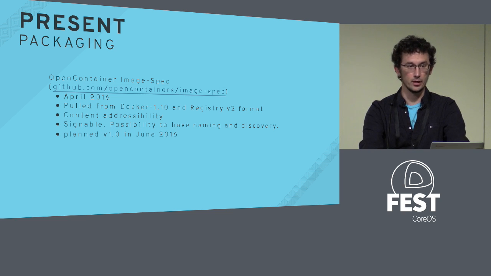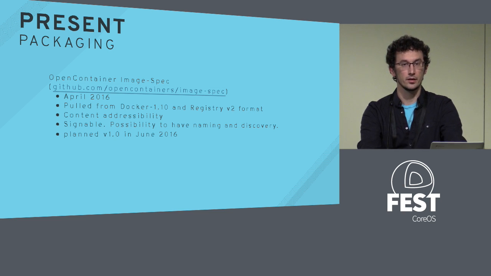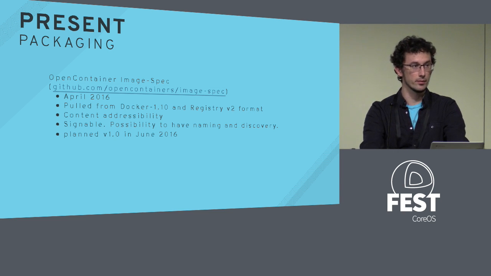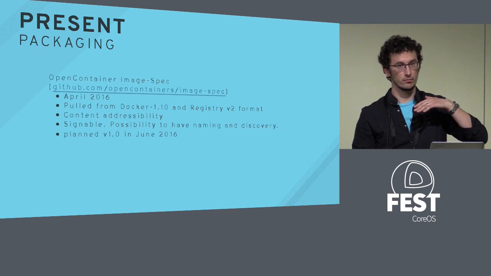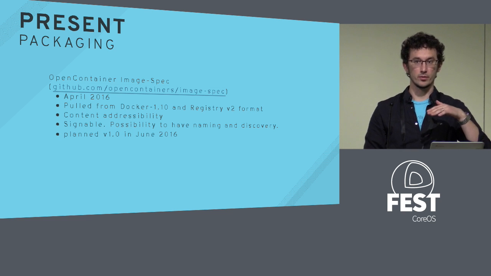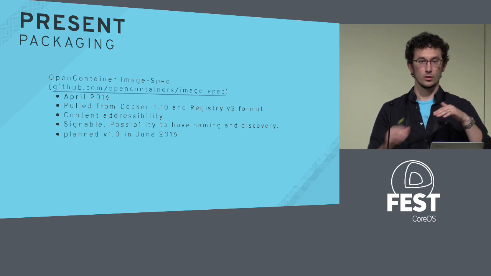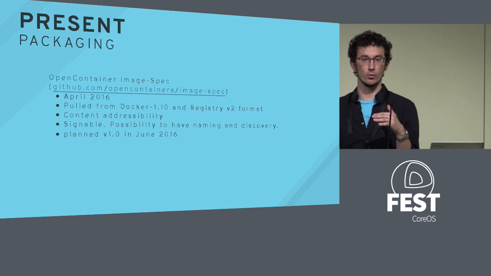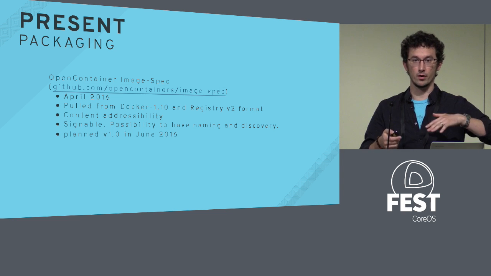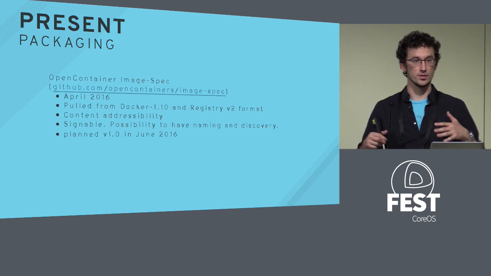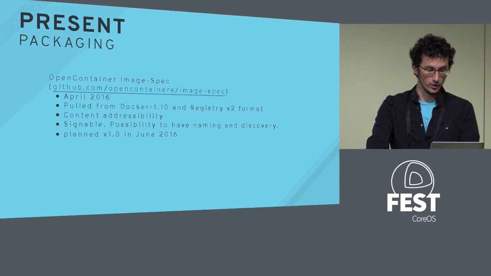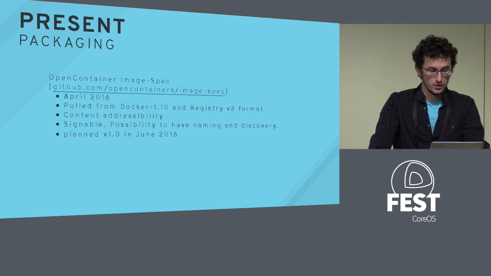GCR.io, Google's registry, Quay, Dockyard, and Red Hat's Atomic Registry already support this format, and it is the full intention that the 1.0 of the Open Container Image spec should be at that support level, so that it won't be a breaking change just to get on board. Tooling will be able to get involved, reusing your current infrastructure without breaking changes. And once there is consensus, we can start moving forward on the other changes, like a v2 or whatever possible breaking changes later on.